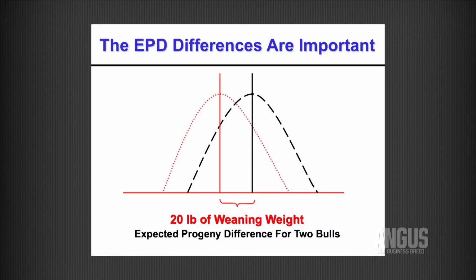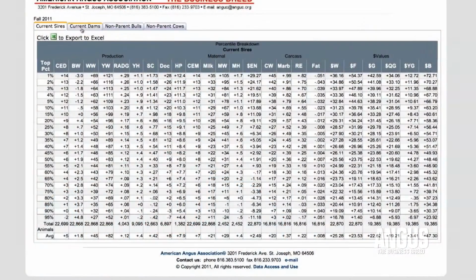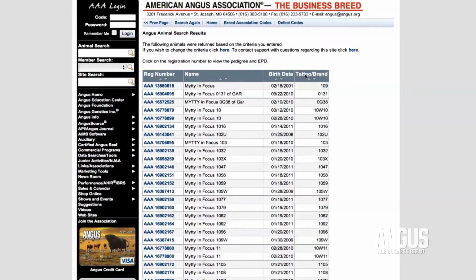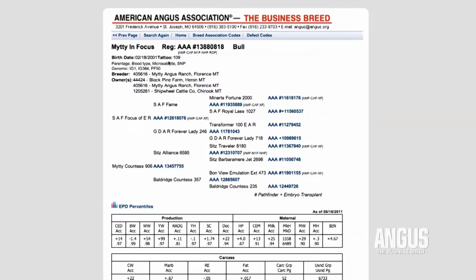If you see a particular EPD printed and you're not sure how that stands relative to the breed, then you can reference a percentile ranking table on the website to see where that animal ranks relative to the other individuals in the breed. So you don't want to be frightened by the long list of selection tools, but rather